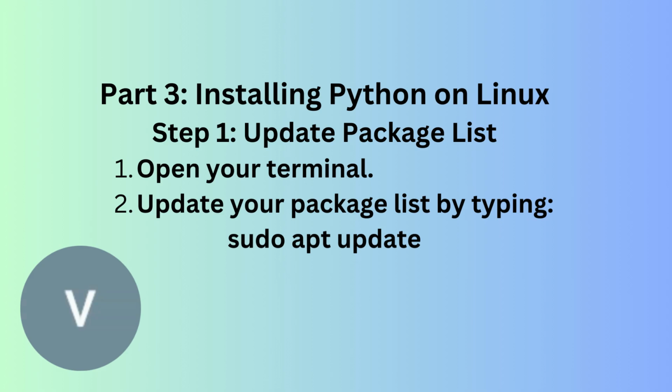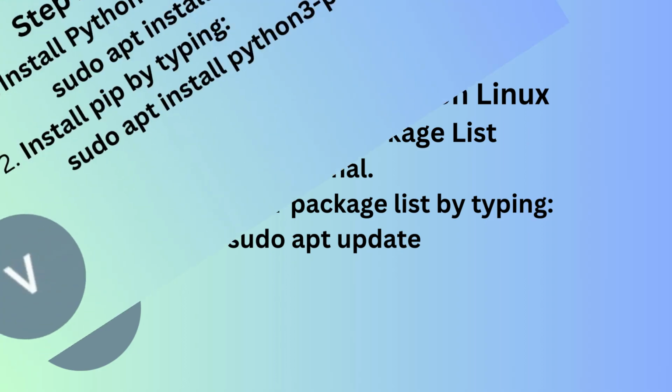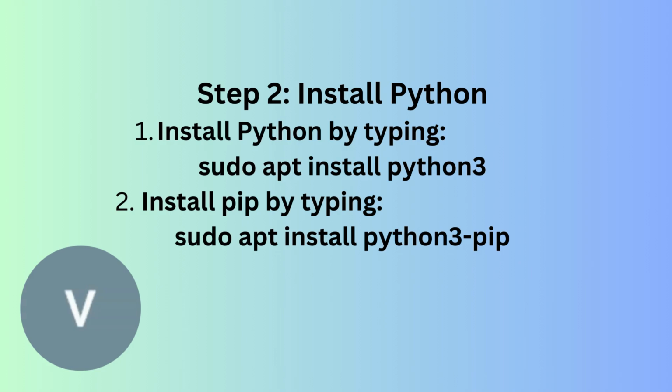Installing Python on Linux. Update the package list. Open your terminal. Update your package list by typing sudo apt update. The next step is to install Python. The command to install Python on Linux is